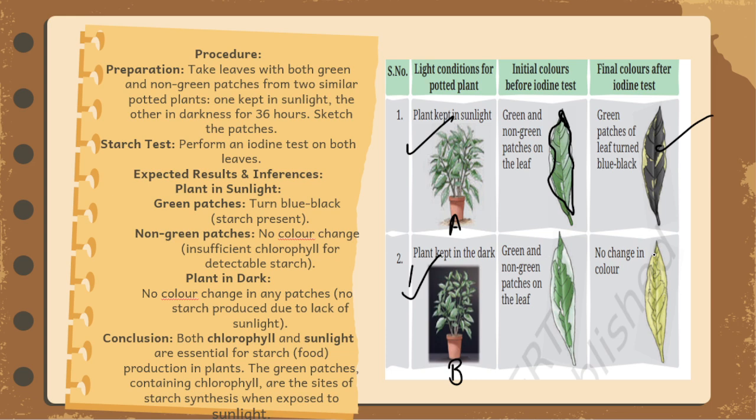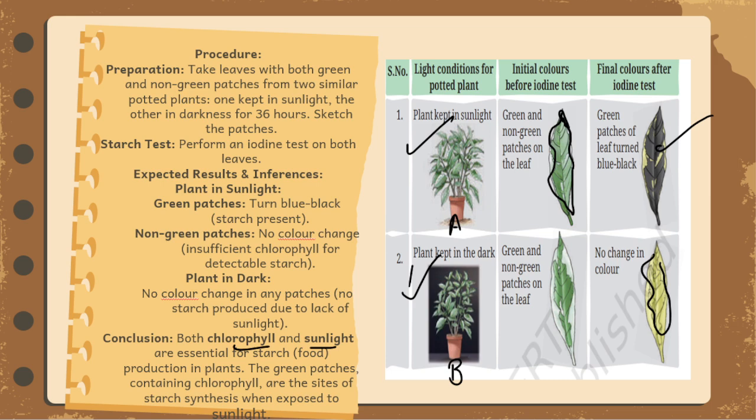Even on the green part of the plant, there will be no color change. Why? Because there is no production of starch due to lack of sunlight. So what we have learned here is that chlorophyll and sunlight both are essential for starch formation. Okay. And the green patches contain chlorophyll, and these green patches which contain chlorophyll are the sites of starch synthesis